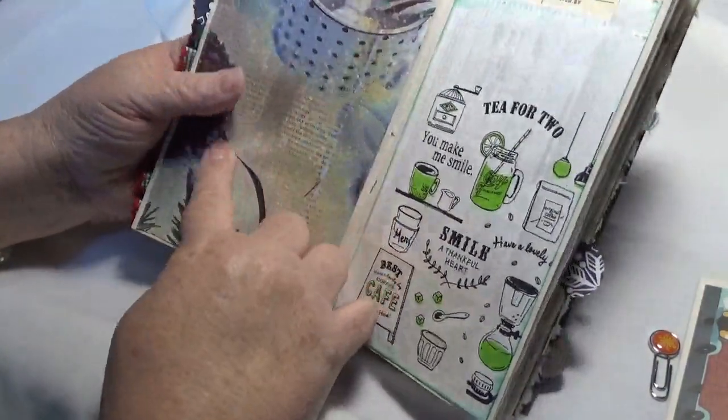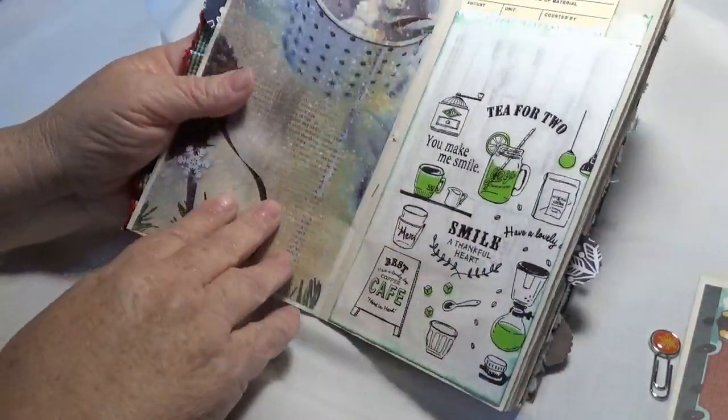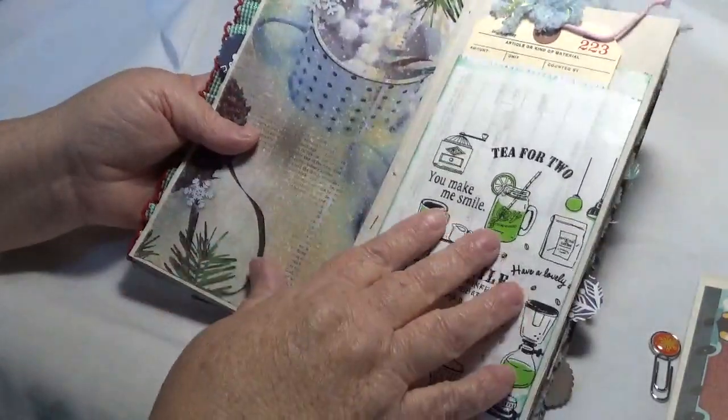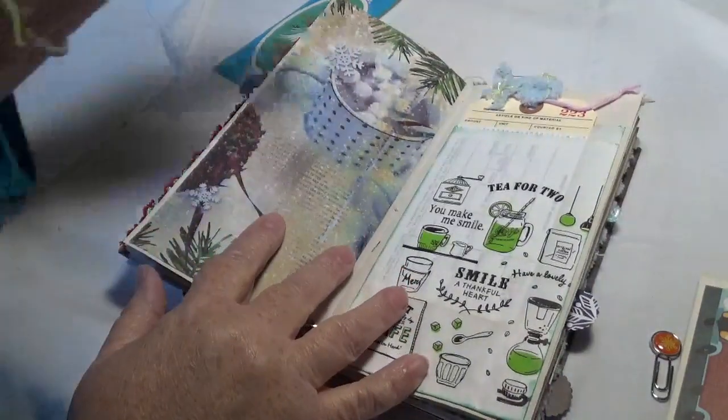Here's some hot chocolate. This is tea for two. And I even printed up some stuff and forgot about it. Tea stuff over here. But that's okay, because I like hot tea, I like hot chocolate, I like coffee, I like anything hot to drink is fine with me. And then this is that cool,